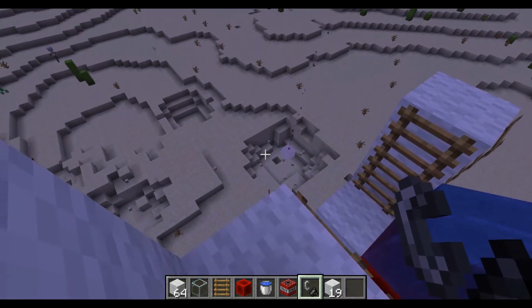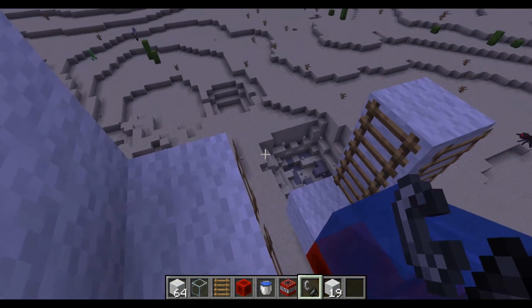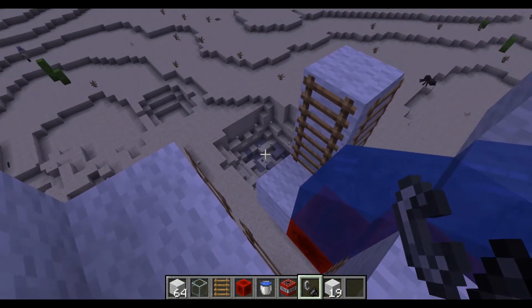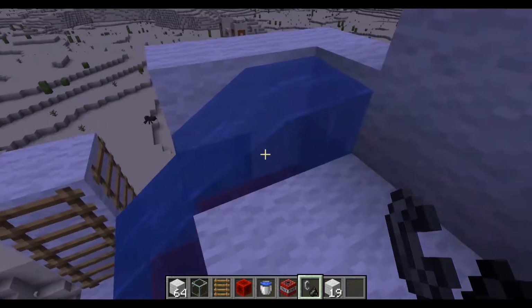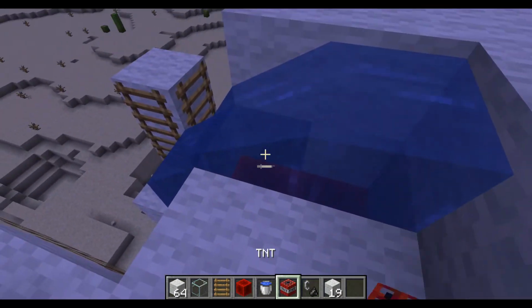Look at that. So, yep, we still got our TNT over there. Still fire to the right. Now, what if someone was building and attacking us from the sides? Like I'm talking 90 degrees to the sides. So what we're going to do